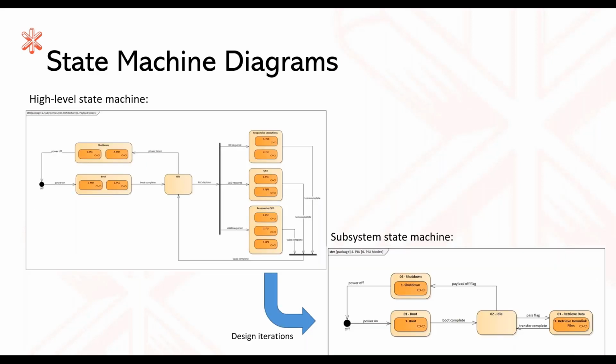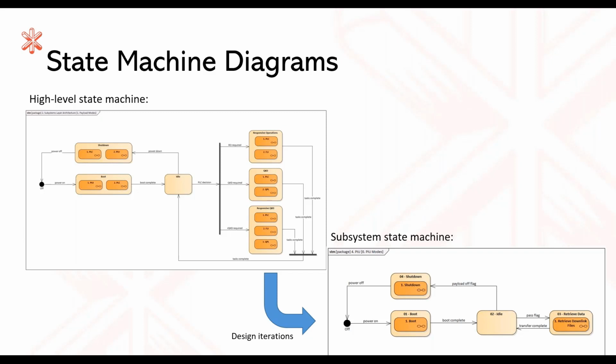In a similar way, we did state machine diagrams. Each box shows an operational mode of the satellite, and the lines are the entry and exit criteria for each mode. The left shows a high level state machine diagram of the overall system modes of the payload, and the right shows an example of one of the actual subsystems, which has its own operation modes and everything in it. Again, you could click on the actual block on the high level and it would bring you to the subsystem, making it really easy to go through and learn about the design.